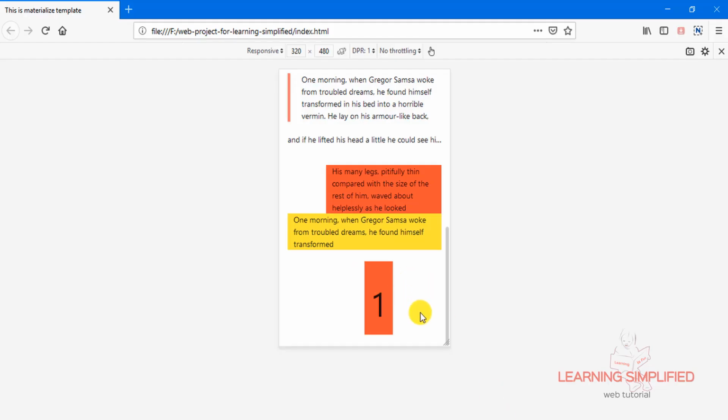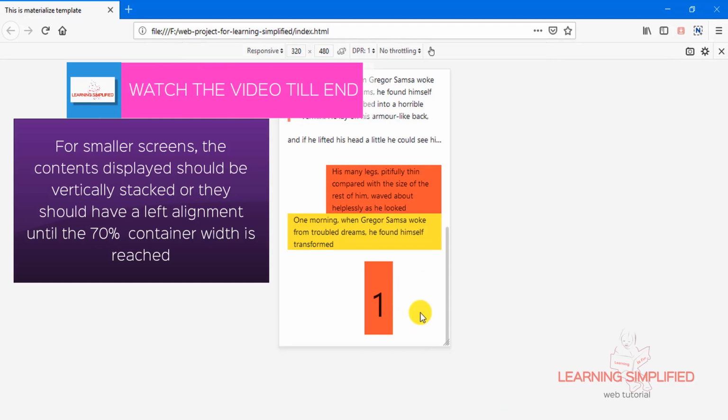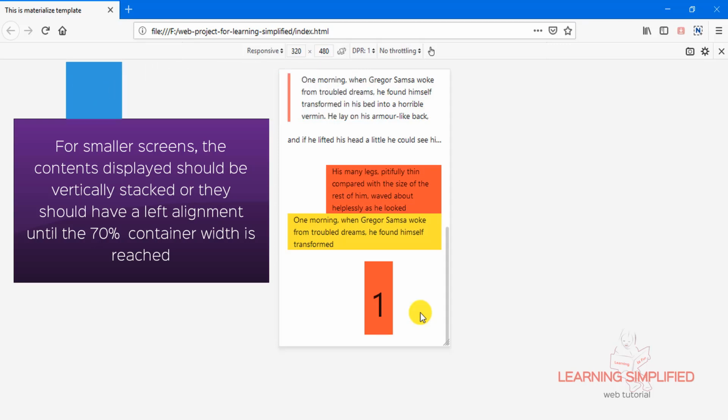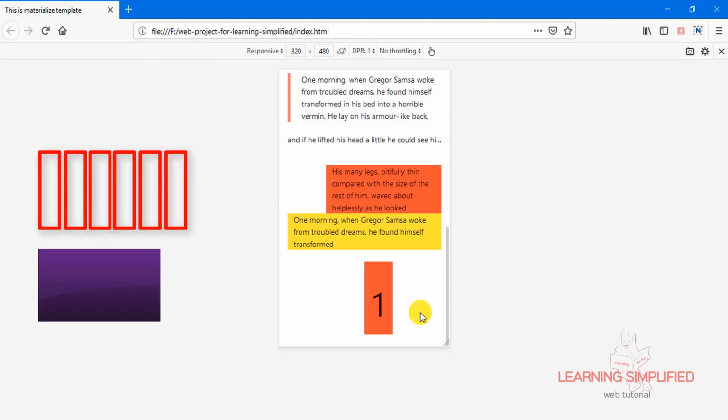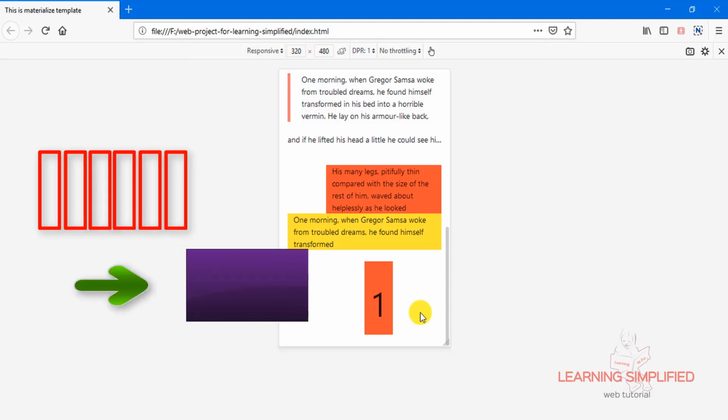In this particular case, we have defined that for smaller screen devices, our contents should be aligned left of its individual container up to that particular width of 70% provided to the container. On the other hand, we have mentioned that for smaller screens, this individual block element should be shifted 6 columns to the right.